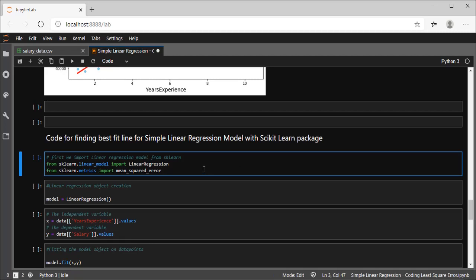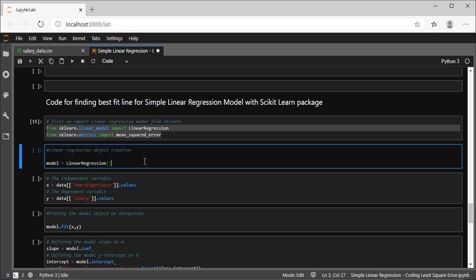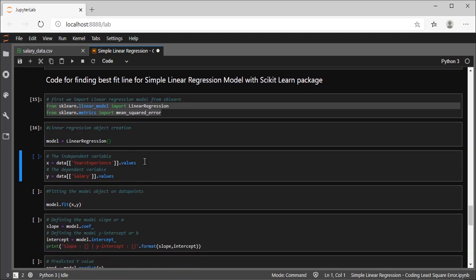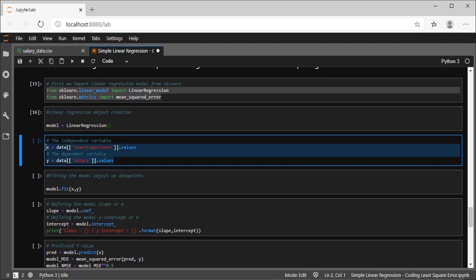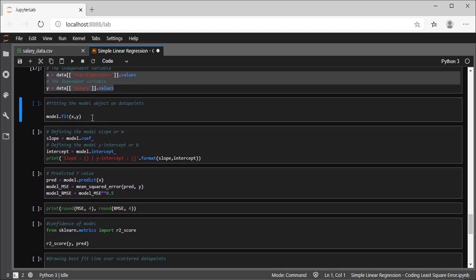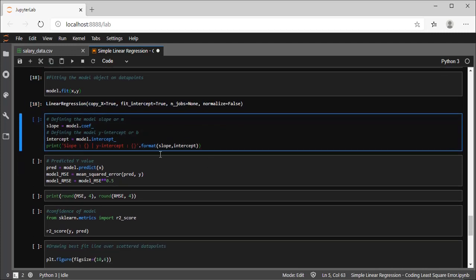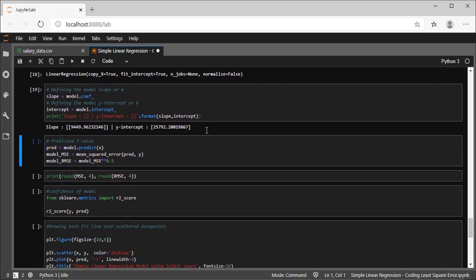Okay, so let me import the linear regression model and mean square error from the scikit-learn library. Here we'll initialize the linear regression object and let me quickly segregate the X and Y columns. Okay, now as we have separated the X and Y columns, we can fit our linear regression model object onto these values or data points. Perfect. So guys, by calling the coef and intercept functions, we can directly find out the value of slope and y-intercept. The only remaining thing is to predict the output based on the linear regression model fit.